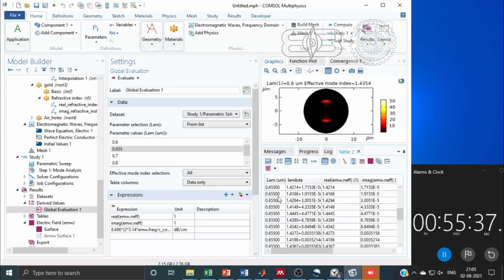So out of all these lambda, real part and imaginary part values, I will search that SPP mode.